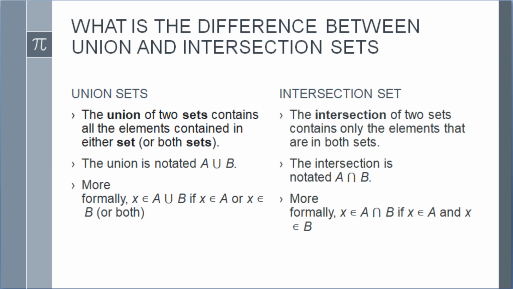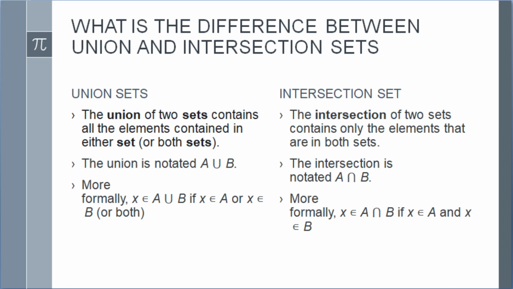I think it will be better if we write the union sets in numerical form, meaning in a sequence form, like 1, 2, 3, 4, 5, 6, 7, 8, 9, 10. So it is not that we cannot write 10, 9, 8, 7, 6, but it is better to write in a sequence form. Now, what is the intersection set?